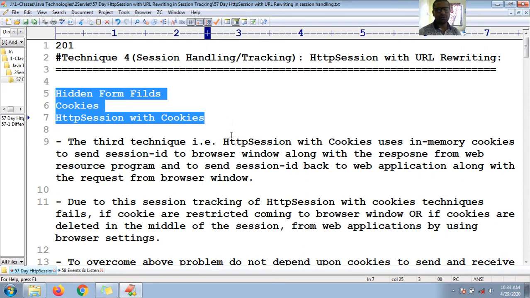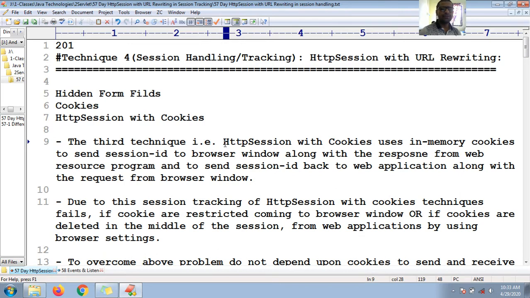For example, if a session is just started and is in process, and activity has been set in this session, meanwhile, if I'm using technique 3, HTTP session with cookies, and the end user or client restricts the cookies coming to the browser window, or cookies are deleted from the browser settings, then definitely session tracking may fail.